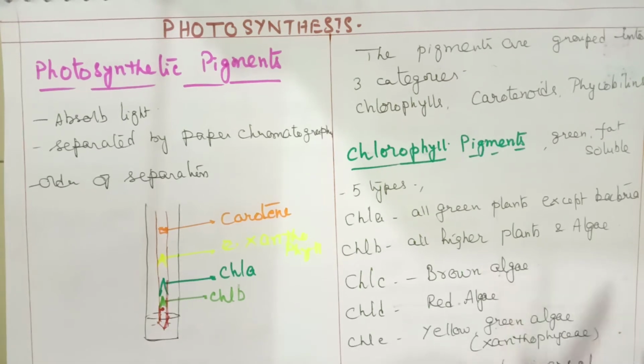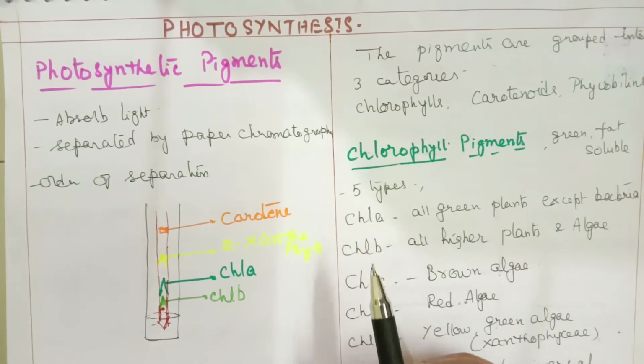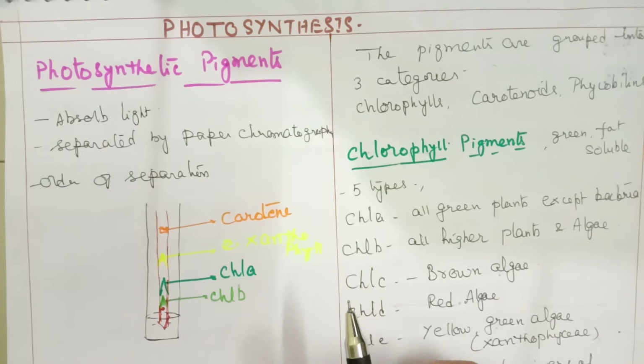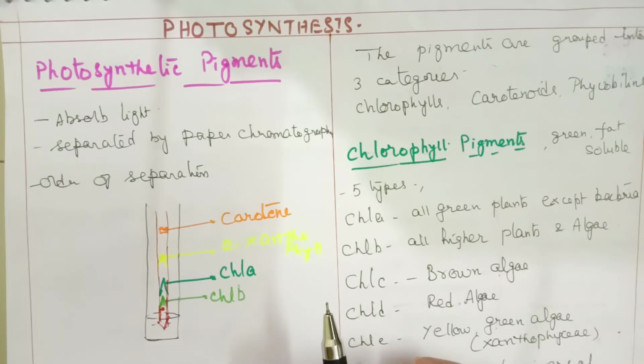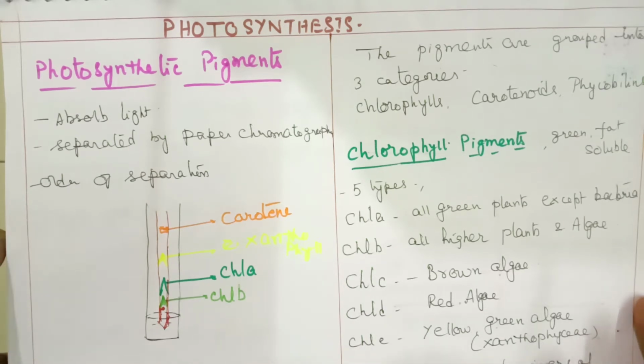So the beginning with scientist names which are given, I'm sure it will be very easy. It will not be very difficult to understand. One can read from the textbook easily. So I avoided that topic. So I'm starting with photosynthetic pigments. So let us see what are all the pigments involved in photosynthesis.